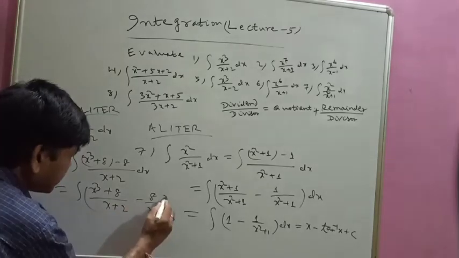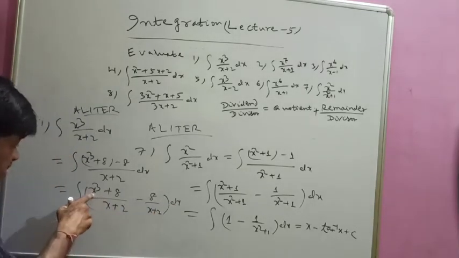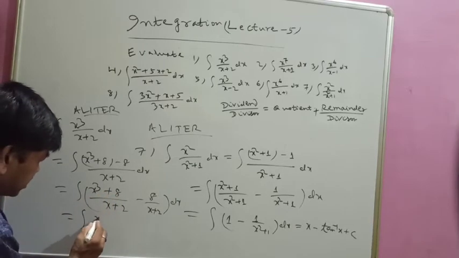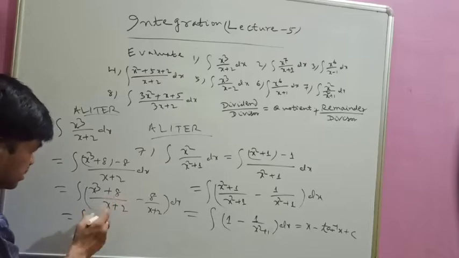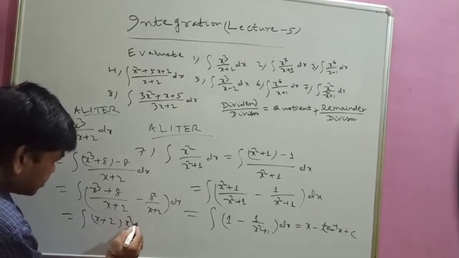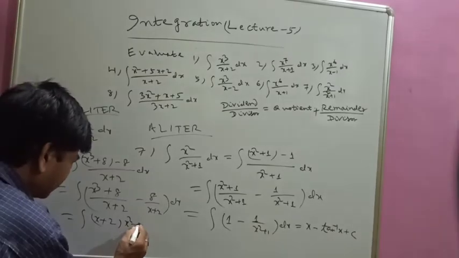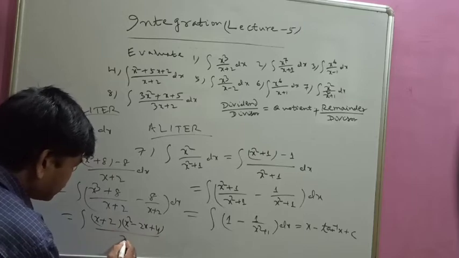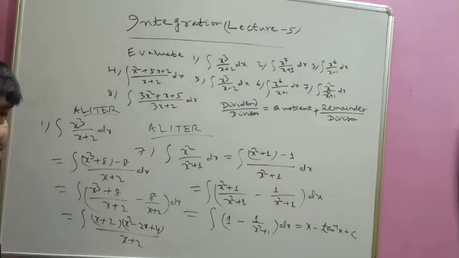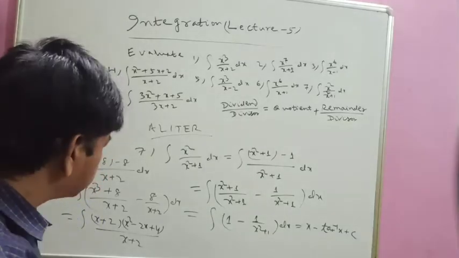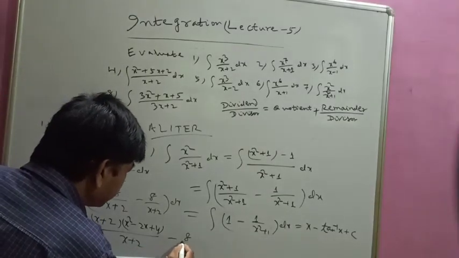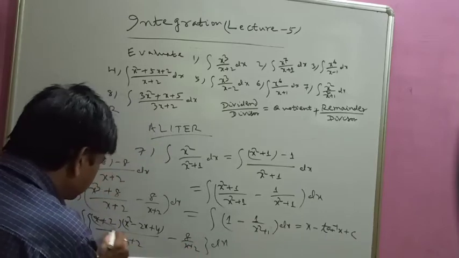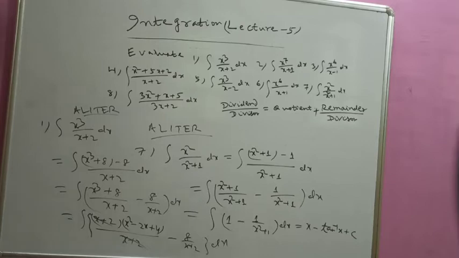Then after that you factorize this. This is a cube plus b cube; 8 you can write as 2 cube. So a cube plus b cube is a plus b into a square minus ab plus b square. Here a is x and b is 2, so it is x plus 2 into x square minus 2x plus 4, divided by x plus 2. The algebra formula for a cube plus b cube is a plus b whole into a square minus ab plus b square, so I applied that here. Then minus 8 by x plus 2. After this, you see this x plus 2 gets cancelled.